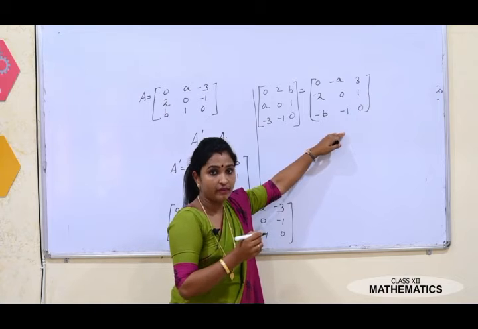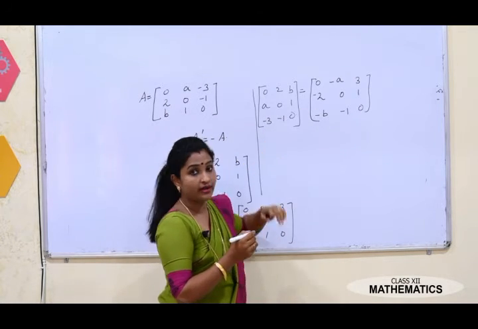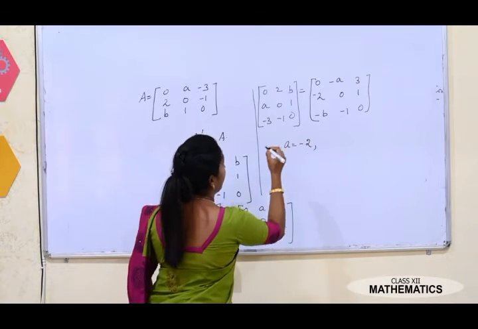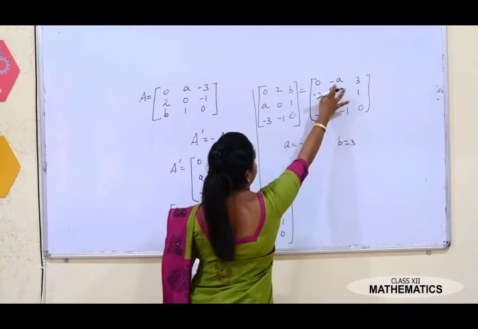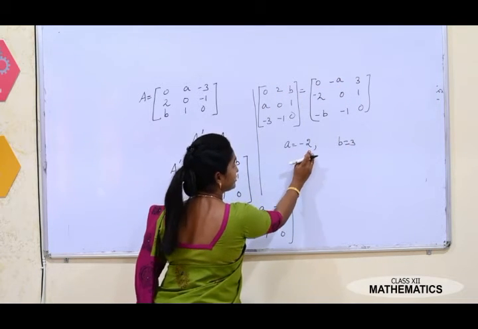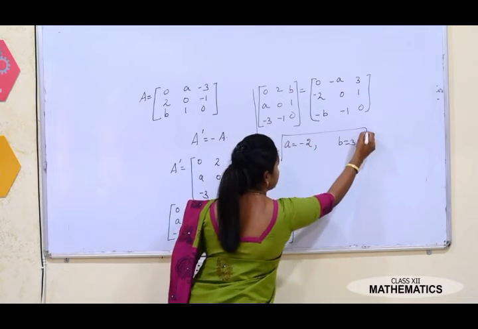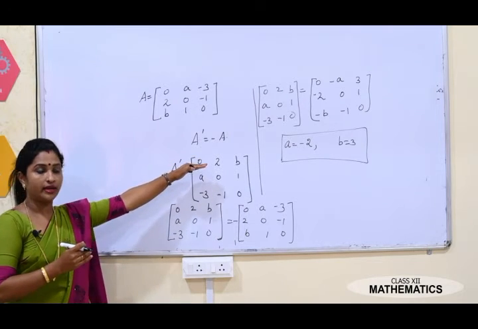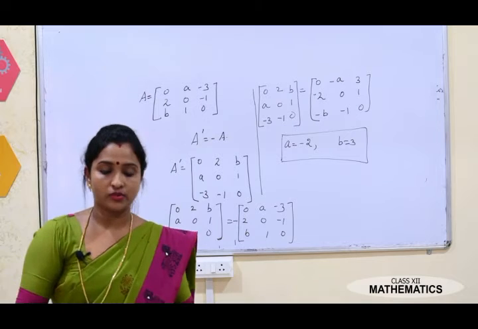You know the equality of matrix, you have to just equate the matrix and get the value of a and b. What is a? Can you tell me? The value of a is minus 2 and the value of b is 3. अब देखिए यहाँ पे माइनस a 2 है मतलब a minus 2 हो गया, b क्या है 3 है तो b is equal to 3. So this is the way of solving these type of questions. Okay, आपको just value को put up करना है और answers निकालने हैं. Very simple question. Okay, we'll go to the next question.